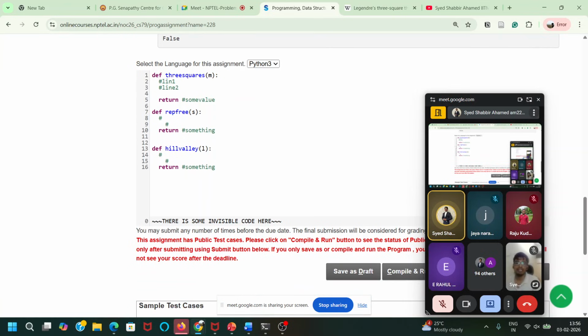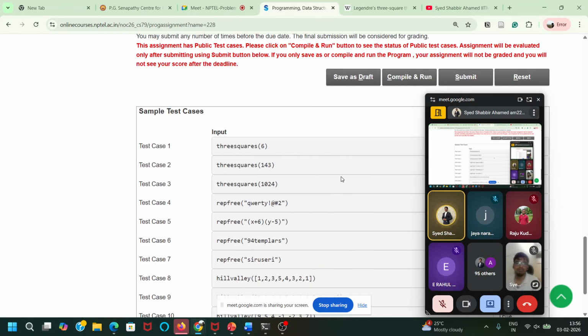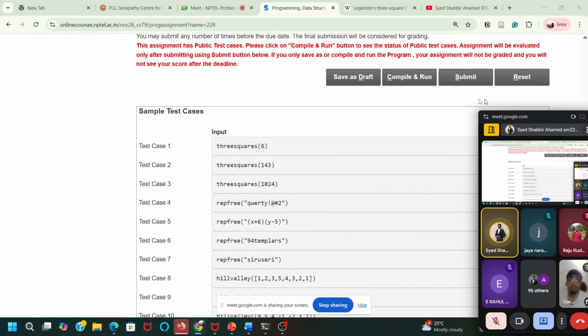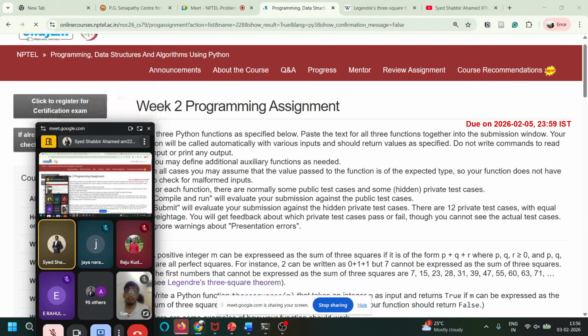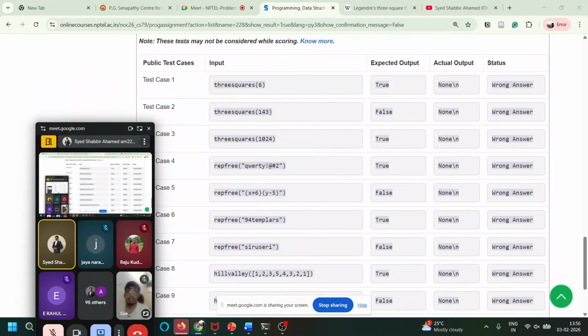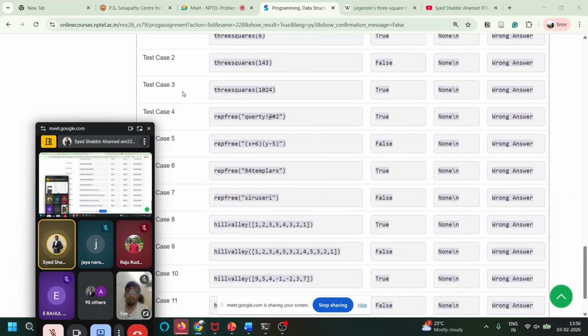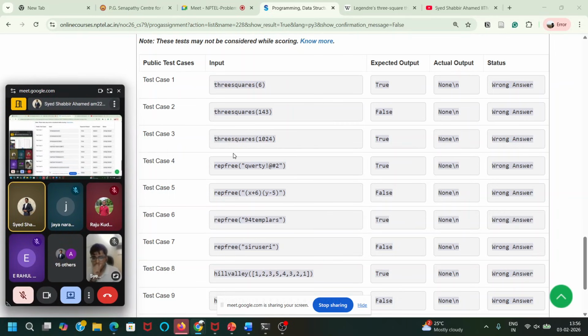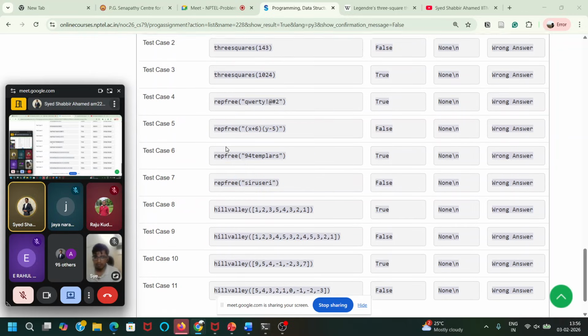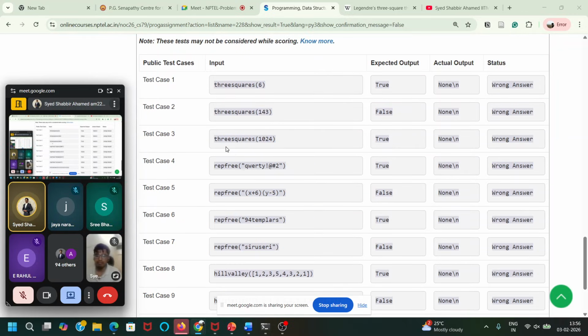After you write these 3 functions, instead of submitting directly, you first try compile and run. If you try compile and run, you can see there are some public test cases. These are test cases for which you can see the result and confirm whether your program is running fine.